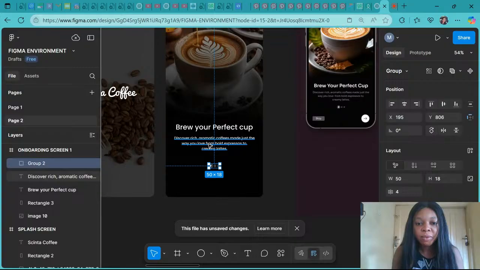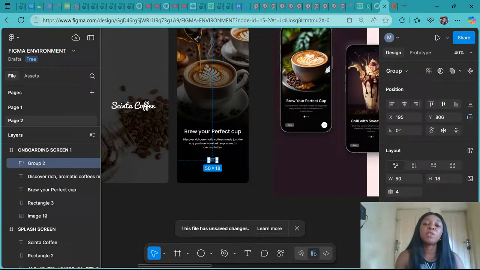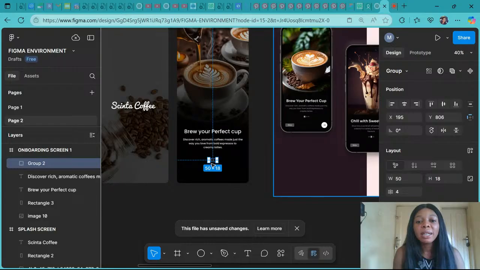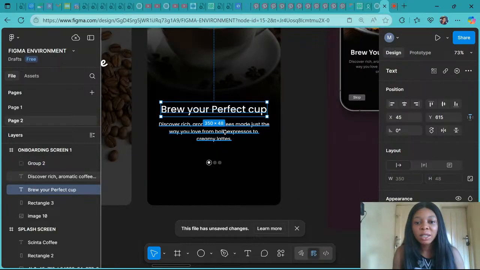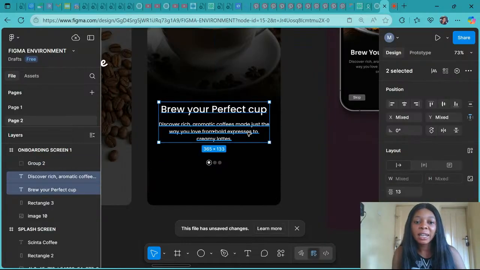So that is that. Then another thing we should perfect before we move to the next two is the spacing between this one and this one. So if I click on this one and hold down my shift key and click on this,